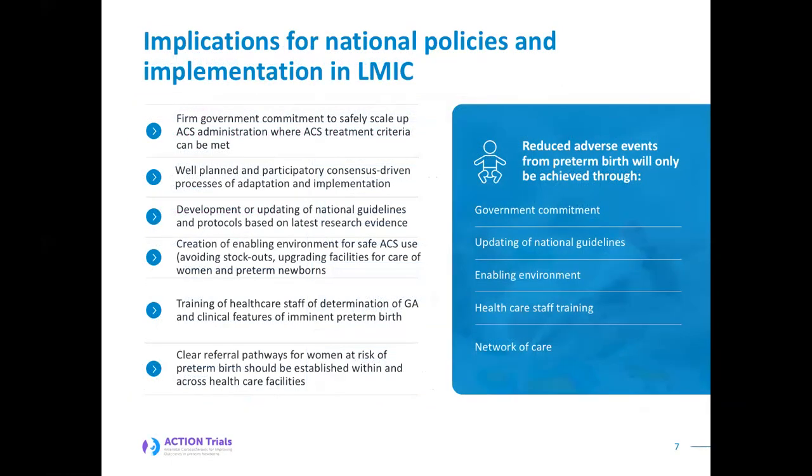So that put together the implications for national policies and implementation in low and middle income countries where we officially exist as Kenya. We need firm government commitment to safely scaling up antenatal corticosteroids administration where the treatment criteria have been met. We need well-planned and participatory consensus-driven processes of adaptation and implementation. There's need for development or updating of national guidelines and protocols based on the latest research. We have existing ones in Kenya actually, but even they require that we relook at them from time to time. An enabling environment for safe antenatal corticosteroids use, avoiding things like stockouts and making all facilities able to provide it, is a requirement. We should make it a